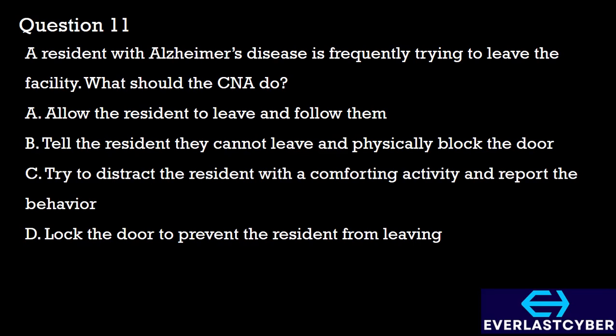Residents with Alzheimer's disease may exhibit behaviors such as attempting to leave the facility due to confusion or a need for comfort. The best approach is to distract the residents with a comforting activity, such as engaging them in conversation, offering a familiar object, or involving them in a calm activity. It is also important to report the behavior to ensure proper care is provided and that the resident's safety is